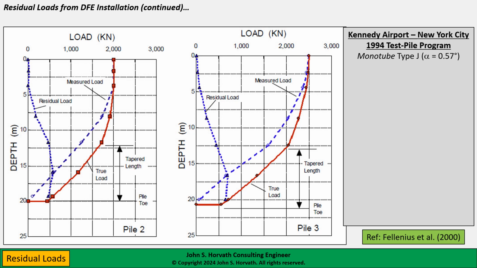These piles were intermediate taper, type J, which is an angle of about 0.6 degrees. So about twice the taper of a typical timber pile. Just to give you a frame of reference, the most common taper piles we use nowadays in the United States, alpha is about 0.95 degrees, so just about 1 degree of angle. In any event,